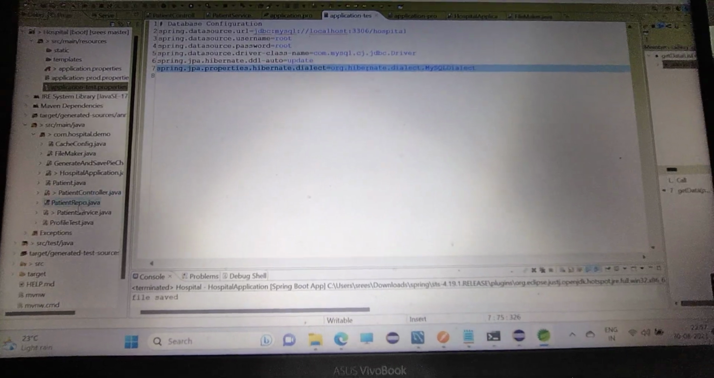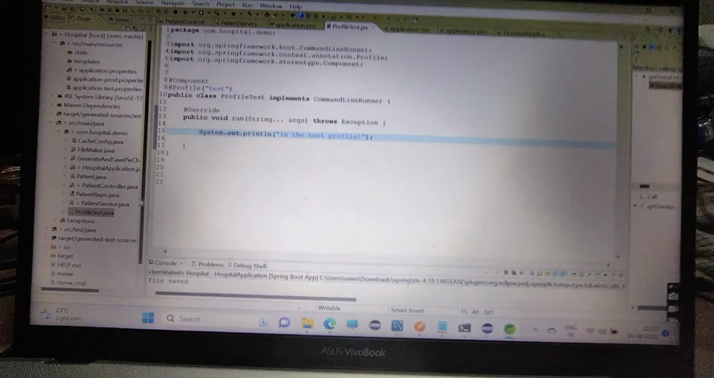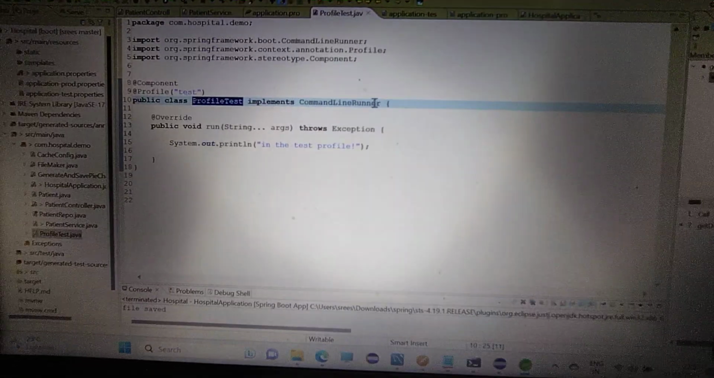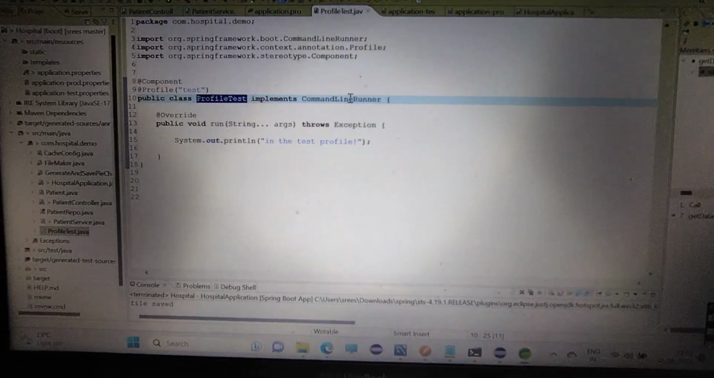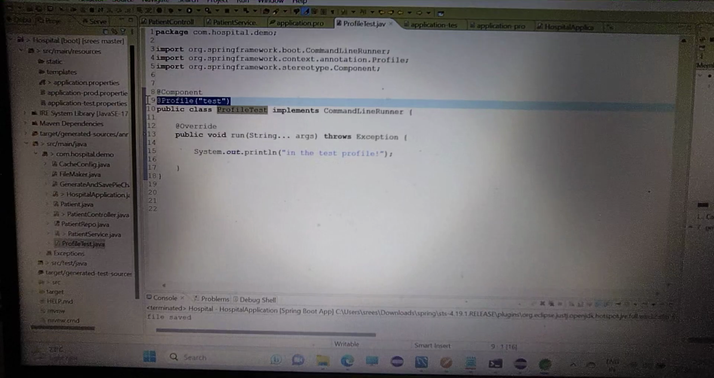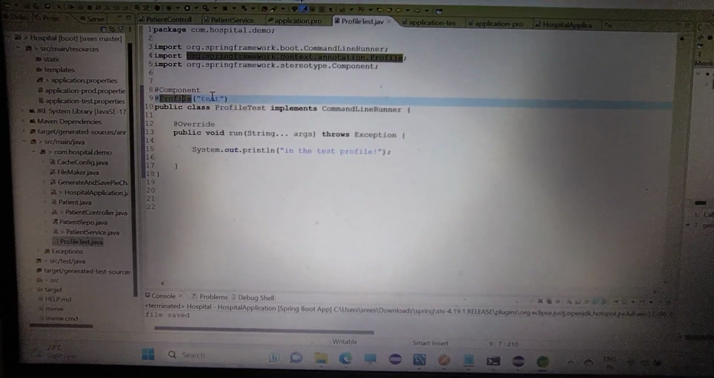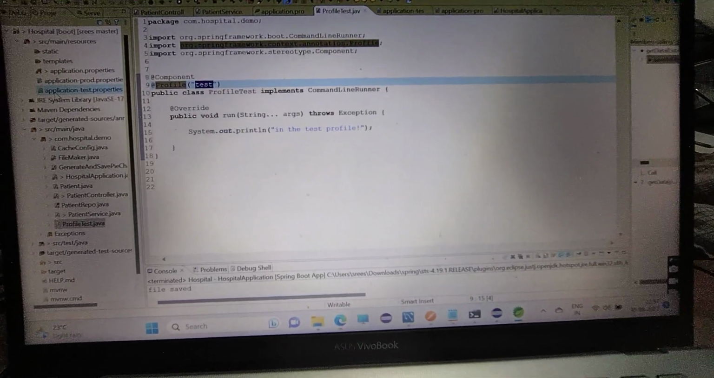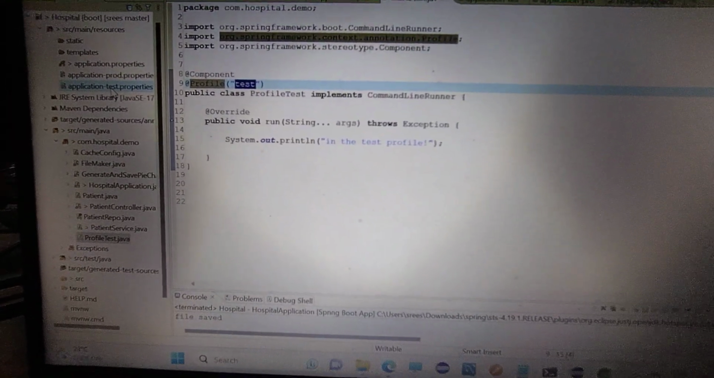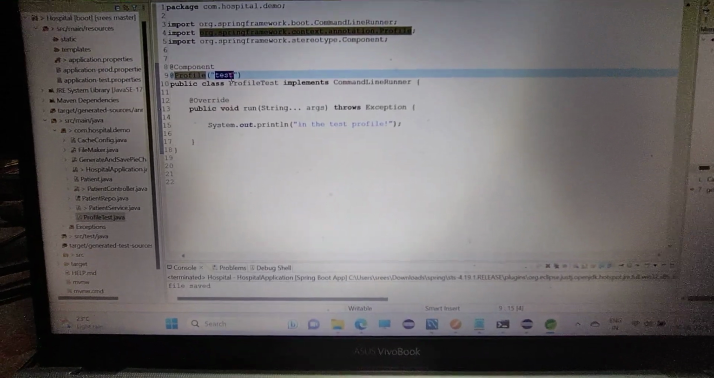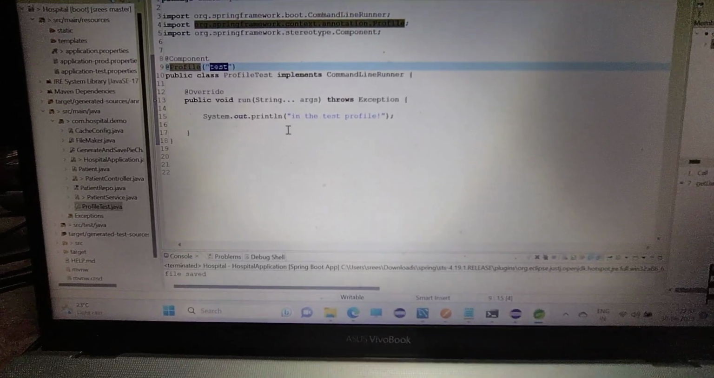I have done this just to differentiate between the different profiles. So if you can go to this test, this implements a command line runner. So what does this do? Here I'm using an annotation called @Profile and the test name. We have to create any profile using application-<profile name>.properties. Since I have given the test, I have used @Profile("test"), and I have just printed